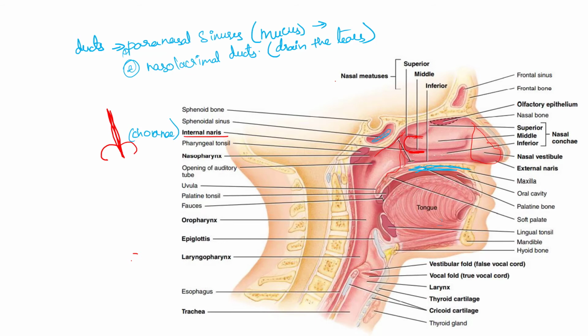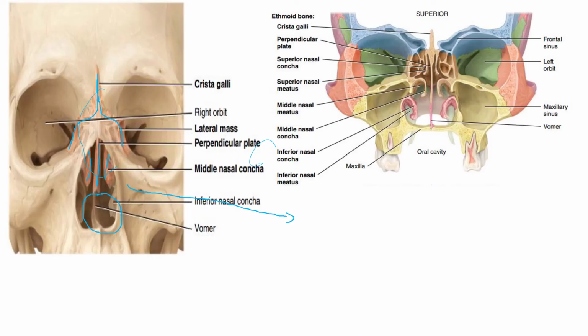Now we have seen what is inside this nasal cavity. So let's see what these lateral walls are made up of. I have shown you the ethmoid bone. So if we see, this is the ethmoid bone, and as we all know, our internal nose lateral walls are made up of this ethmoid bone, because if you see both sides, it is covered with this ethmoid bone only. And maxillae, this bone is maxillae, so it is located laterally.